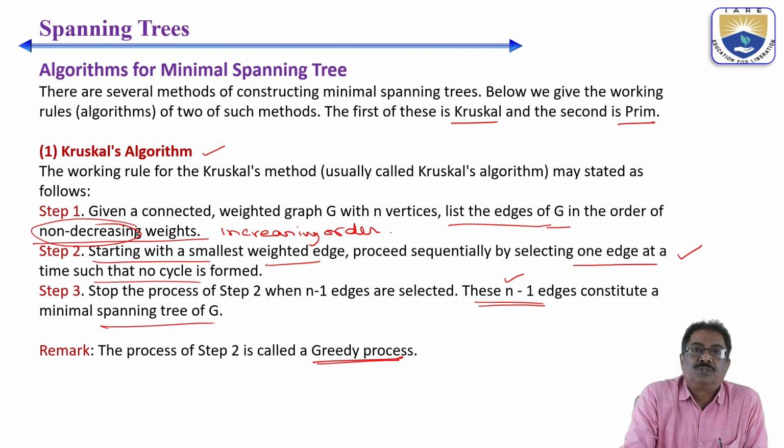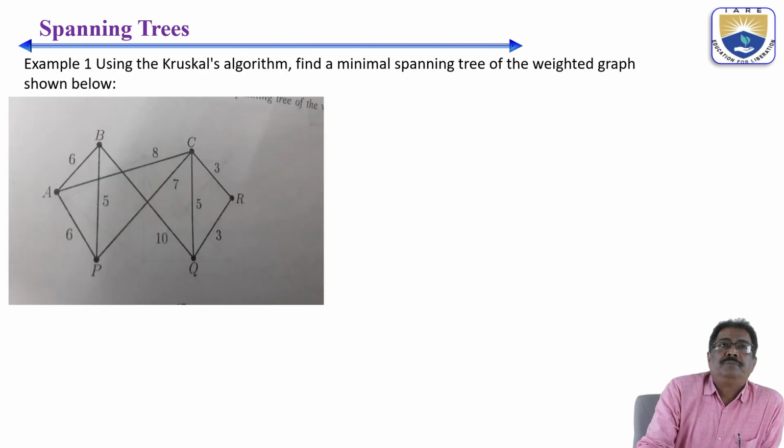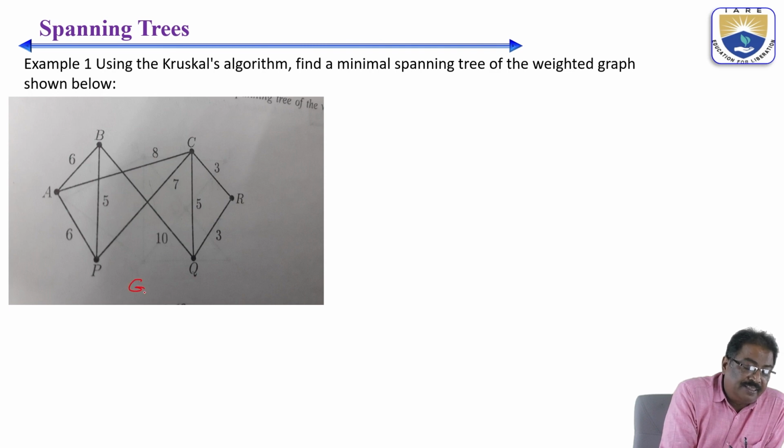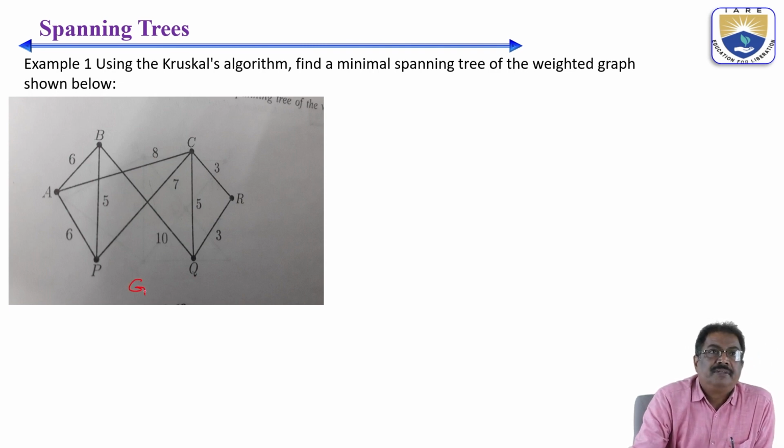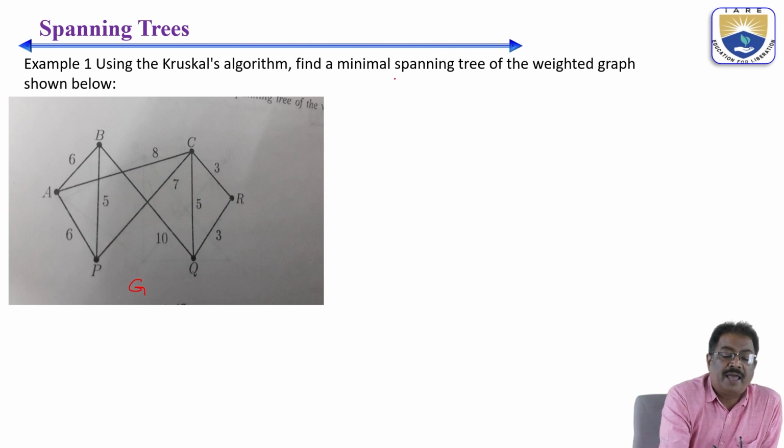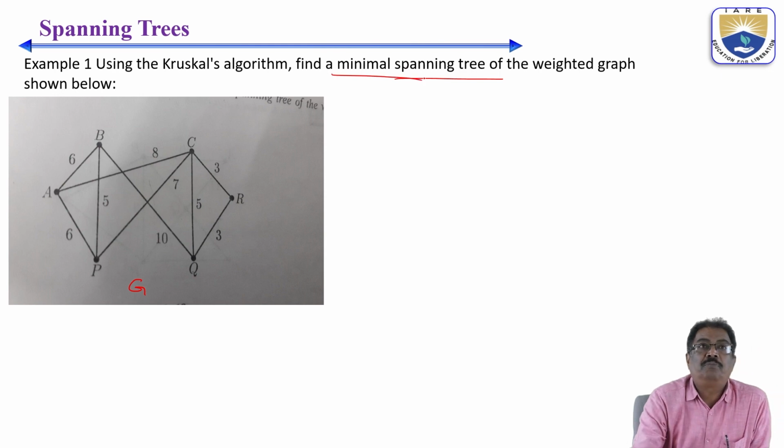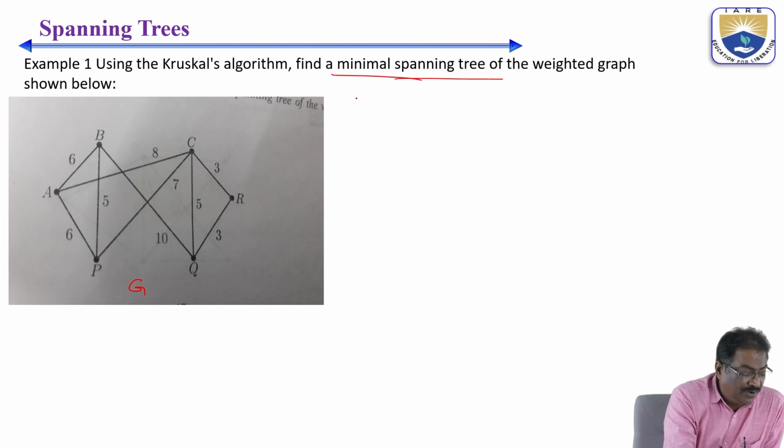This is Kruskal's algorithm. Now, for this directed graph, let us say this is the graph G. It is a weighted graph. From this graph, we are going to find a spanning tree, a minimal spanning tree. So for that,